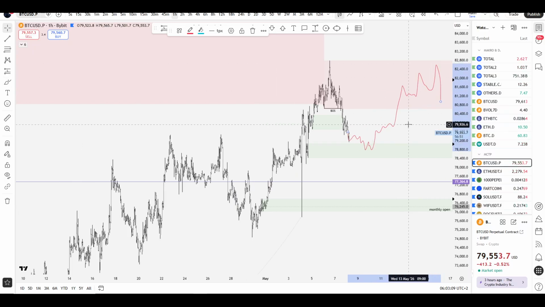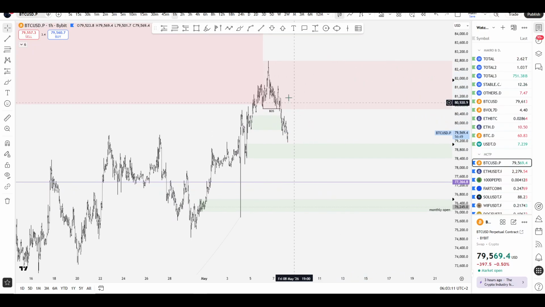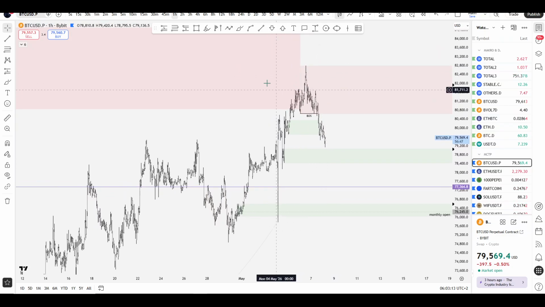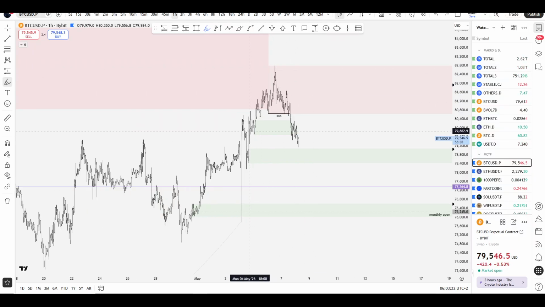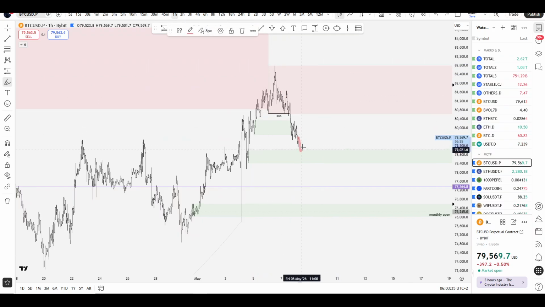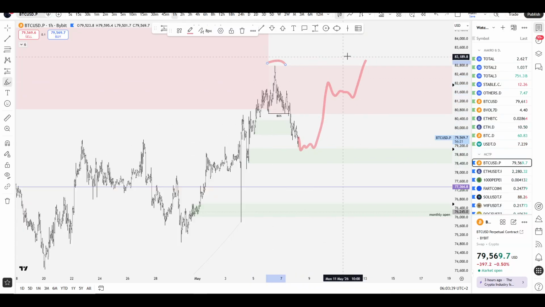It's like we are curling down, and it's not that obvious that this was a high, but you can see we are curling down and putting in a very clean daily topping formation. But what can happen, because we left so much liquidity here and here, is that we go up once more, take out this high,